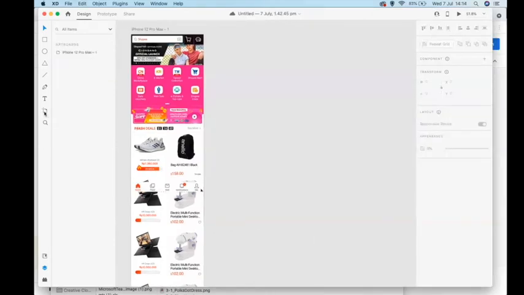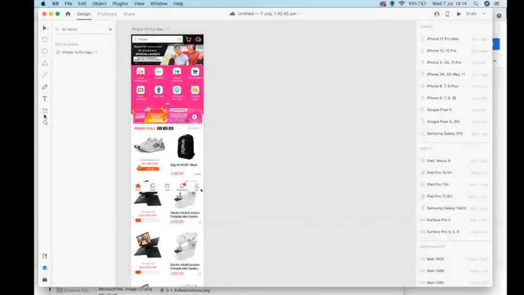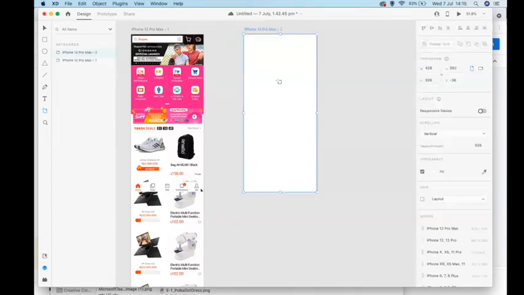You click on the artboard icon on the left. Okay, can you see there's an icon here called the artboard? So after you click on the artboard icon here, you can see on the right panel, there's a list of the screens or the phones that you can use. So we are currently using iPhone 12 Pro Max. So let's stick with that. And so this will be a new artboard. So for my new second page,